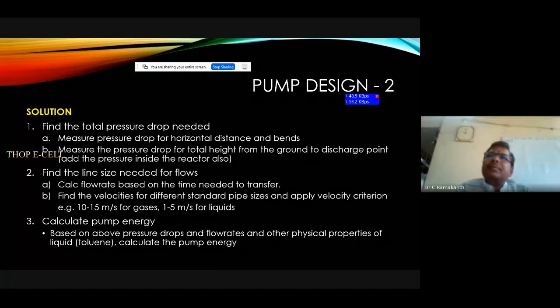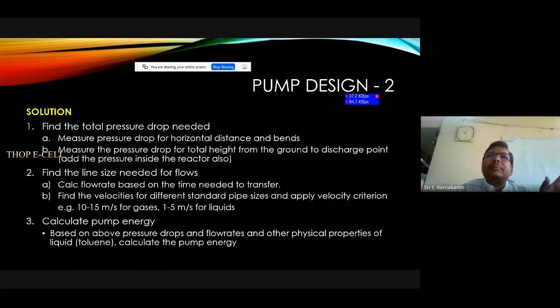We use mgh as the total pressure that is needed. So based on that you can get the pressure based on the total height to which it needs to be pumped. In this case I have said it is 28 meters above the ground. Take 28 meters, and then you know the height, you know the mass density, and rho g h. And then you know the gravitational constant, so you can calculate the pressure that is needed, and the outlet pressure is also there.